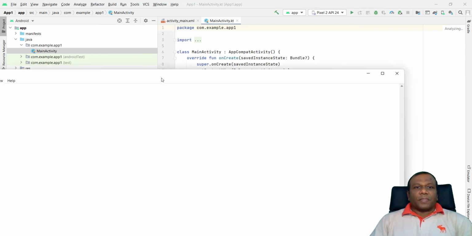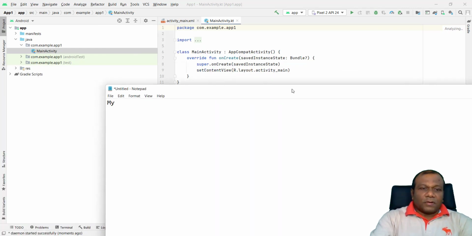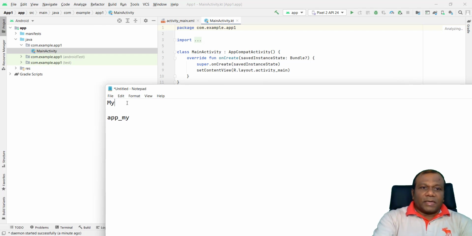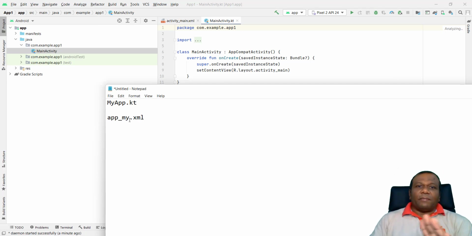For the Kotlin file, the XML file will be app_my, like this. See the pattern here also. You have to put a capital letter at the start of each word, MyApp.kt for Kotlin, and this will be the XML. So this is the file name pattern.